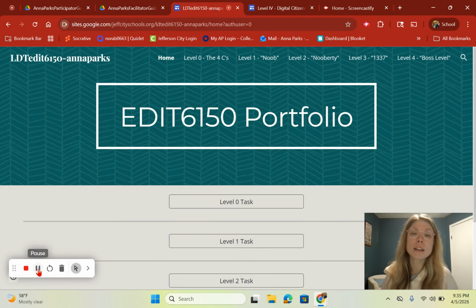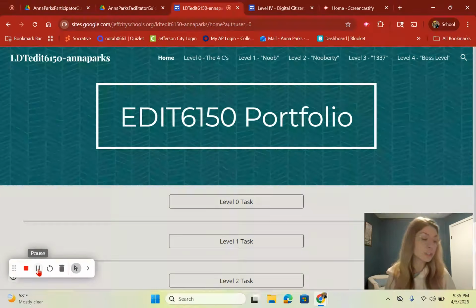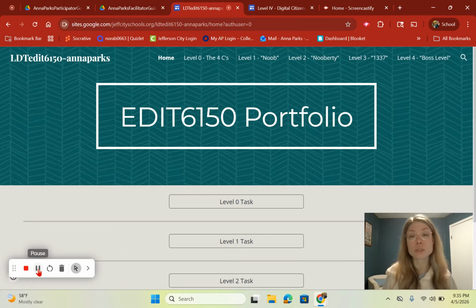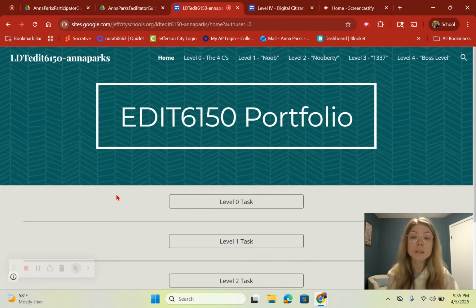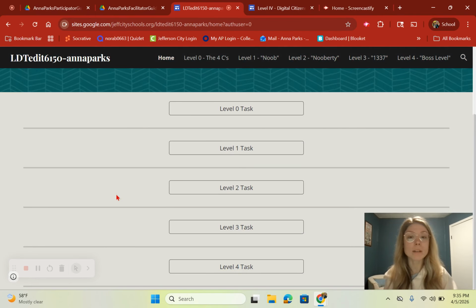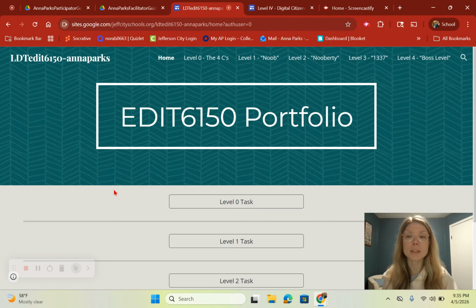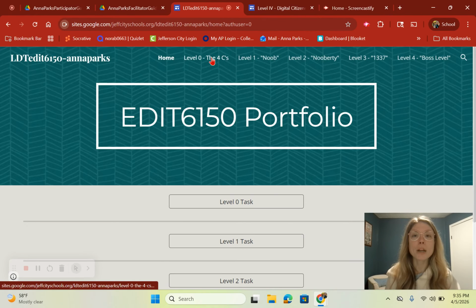The second artifact that I'm going to share is from EDIT 6150, which is Intro to Digital Learning, and it aligns with Standard 3, Citizenship. To me, this one challenged me because I had never created a Google Site before, and I was proud of my Google Site. I think she's pretty cute, but